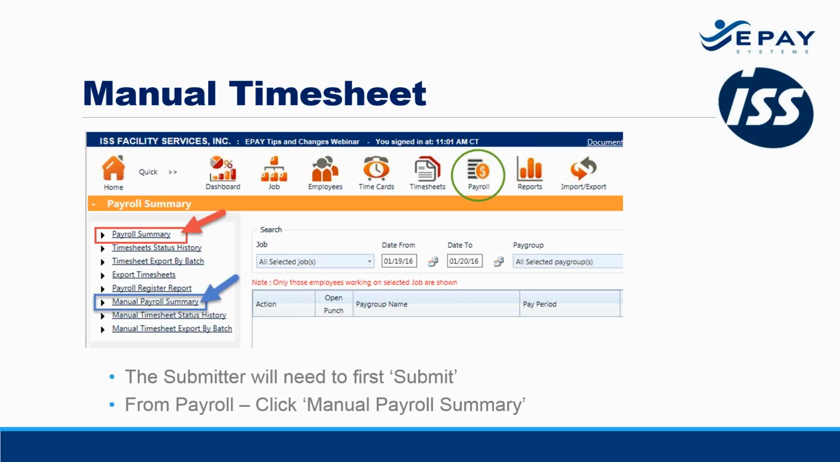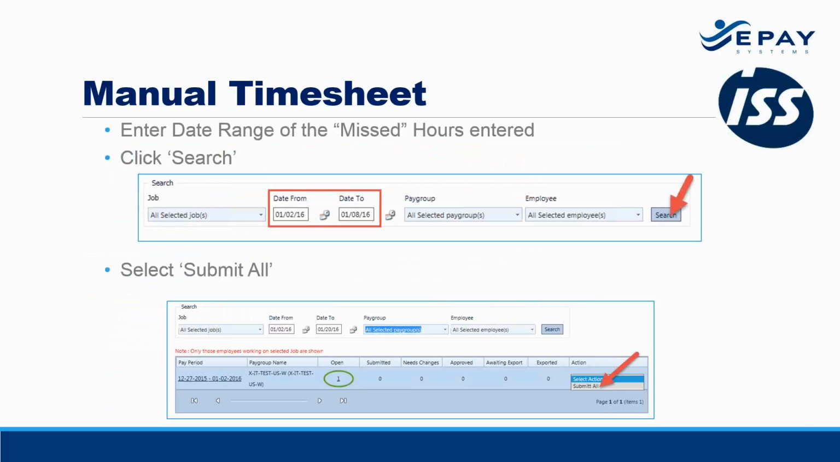As I mentioned earlier, I showed this payroll summary screen, and we focused on the first link at the very top of the screen. There is also a link further towards the bottom called Manual Payroll Summary, which the person who's approving at this point can go through, enter the date range, hit search, and then see the status of where that particular